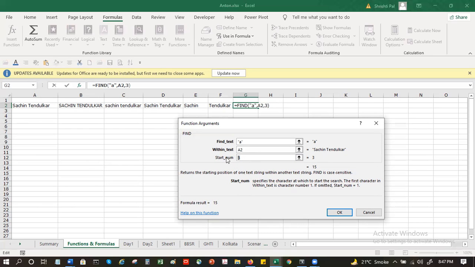So what position should it start looking? It will start looking from position number 3, from the third character. So you mean to say in A2, after C, it will start searching, isn't it? Yes. And it found C in the 15th place.